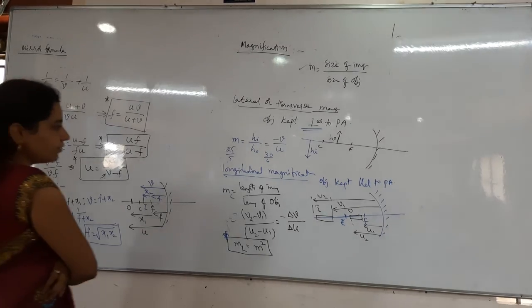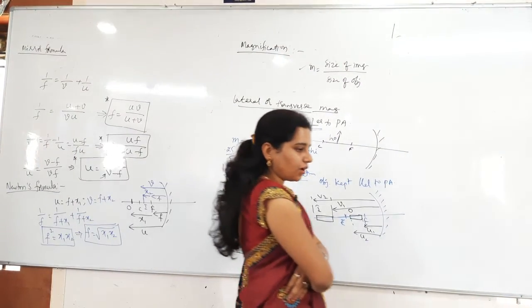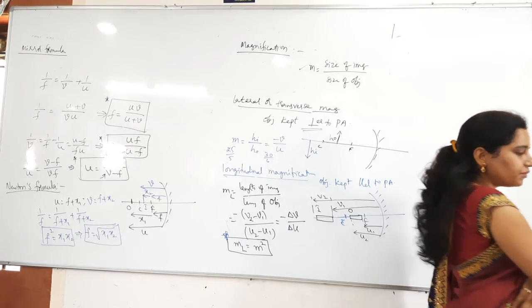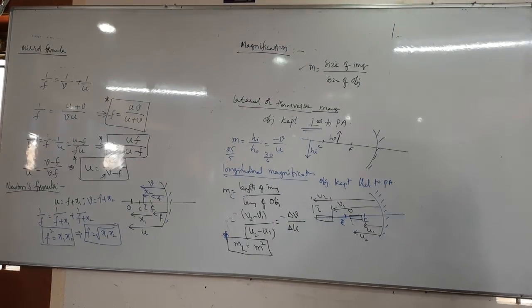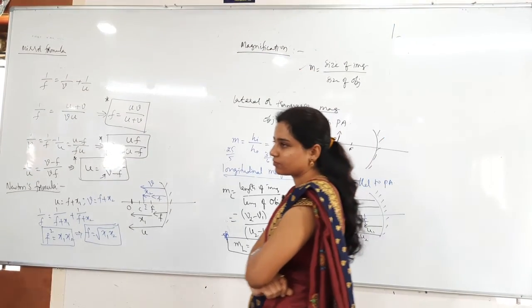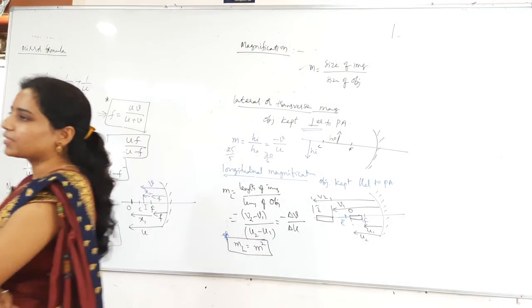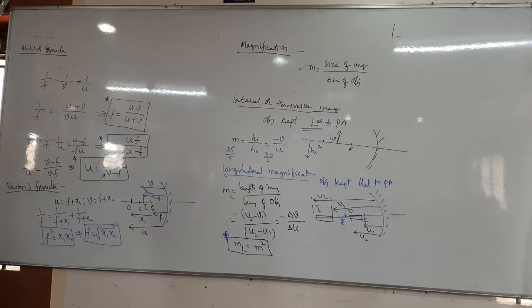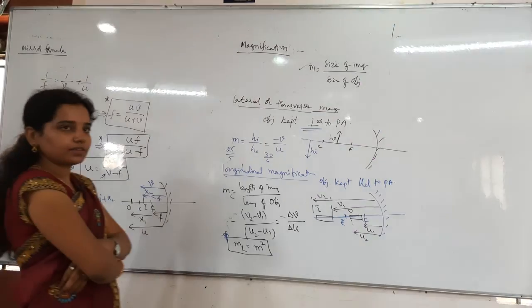Next, when the object is moving parallel to the principal axis, then image velocity Vi is equal to... parallel means which type of magnification? Long